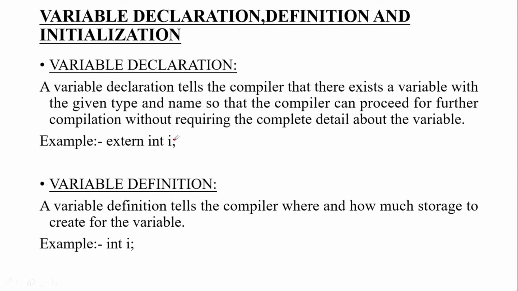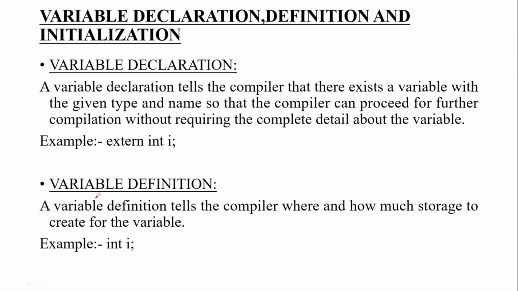Here we are telling the compiler that I have used an integer variable in the program. For now, go to the next line for compilation. Don't worry about this integer i, it is further defined in the program, so you can continue with your compilation. So this is what we are telling the compiler whenever we declare like this. A variable declaration tells the compiler that there exists a certain variable, that is i, with the particular type integer. So for now you can go to the next line for compilation.